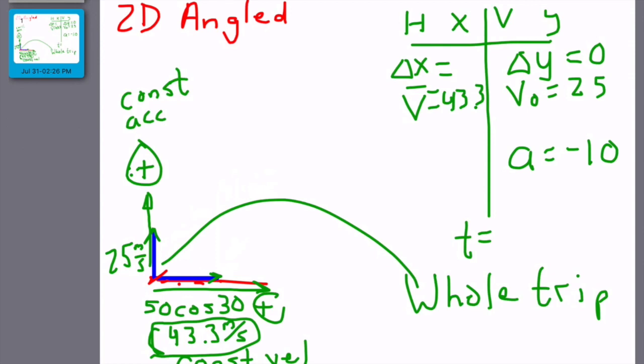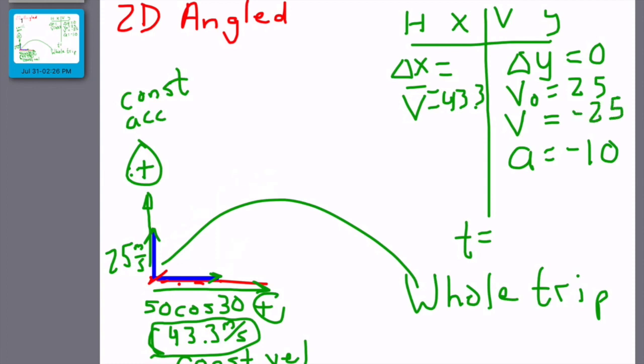If you tried to solve this for time, you would come up with 0 and another number. You'd come up with two solutions because there's a t squared in that equation. That kind of shows that at the beginning it's a delta y of 0, so it'll give you two solutions. What I tend to do is this. There's one easy variable in here. Remember what we talked about when you throw something up, when it comes back to the same height, there's a symmetry,